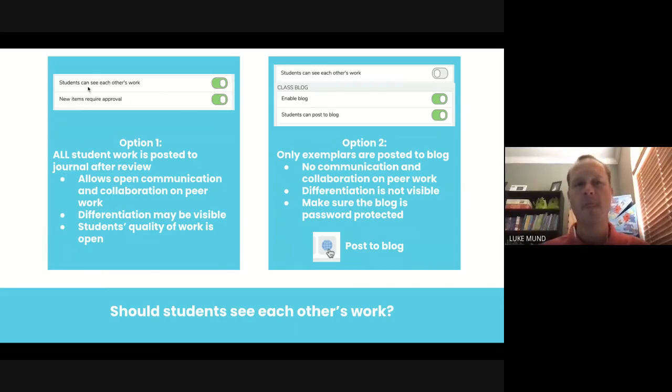So option 1 is that students can see each other's work. As soon as I approve an activity, that activity is then going to go to the class journal, and all students are going to be able to see each other's work. So for Brian's differentiated work there, they're going to see my scaffold that he already had the dots put in. Now, are they going to know that Brian didn't put those dots in? Probably not. So that's a differentiation that I don't mind doing in my gen ed class and doing for Brian, because they're just going to think probably Brian did those 3 dots and then added them up to a certain amount. So that is visible differentiation, but for that case, it doesn't matter.